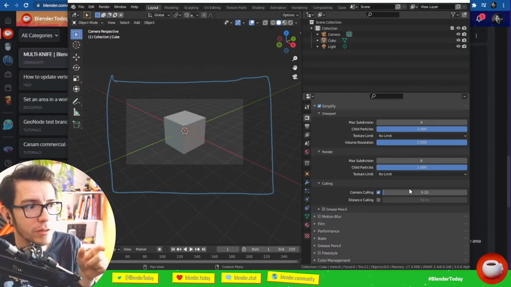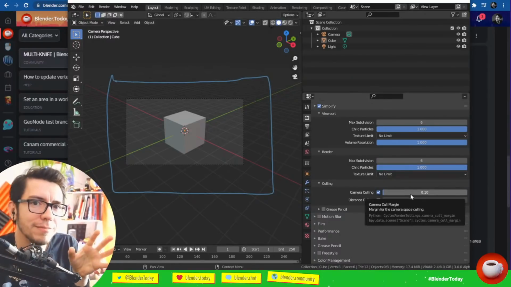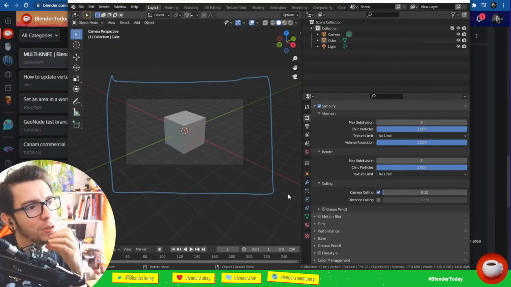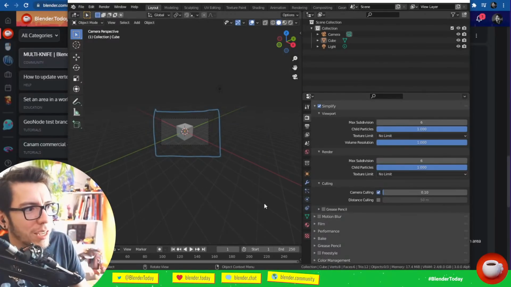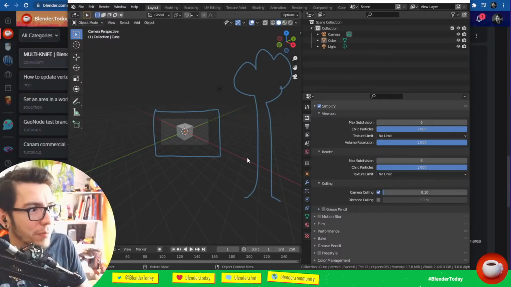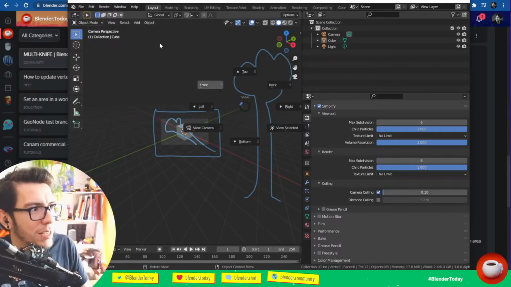However, it can also be potentially not super reliable. If you have a tree here, for example, that is projecting a shadow here, and I use camera culling, then internally Blender will remove any geometry that is outside.